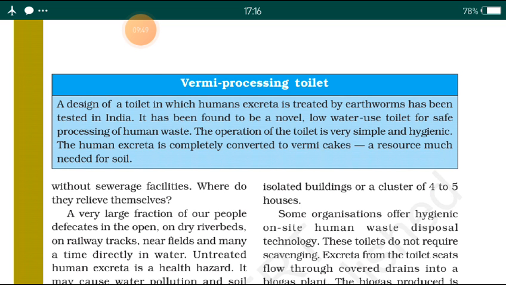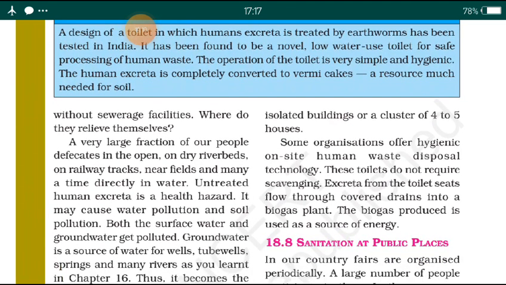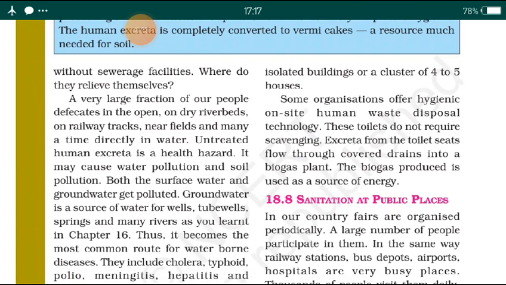It has been found to be a novel low water use toilet for safe processing of human waste. The operation of the toilet is very simple and hygienic. The human excreta is completely converted to vermicakes, a resource much needed for soil. A very large fraction of our people